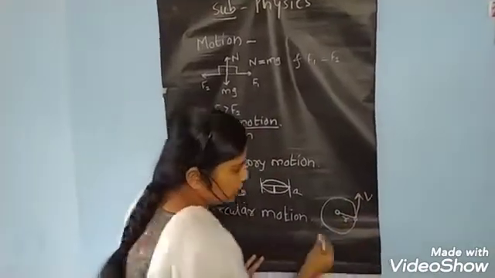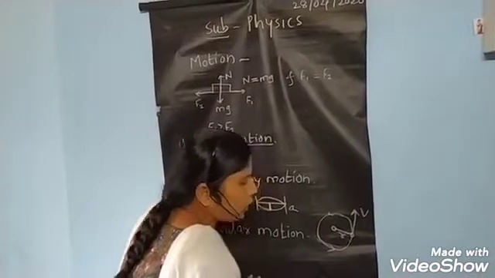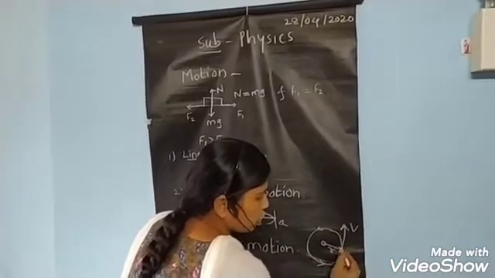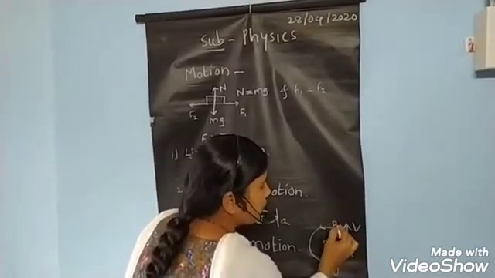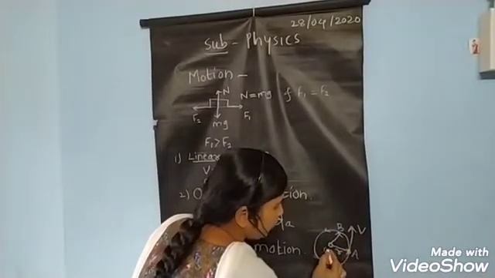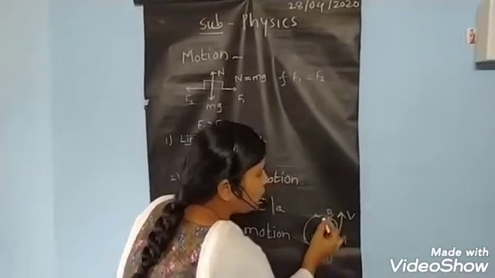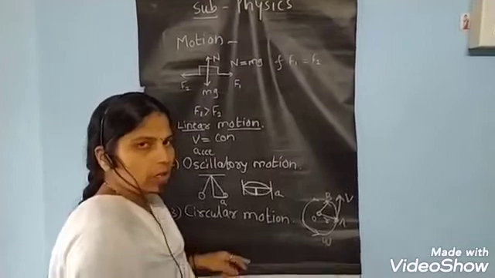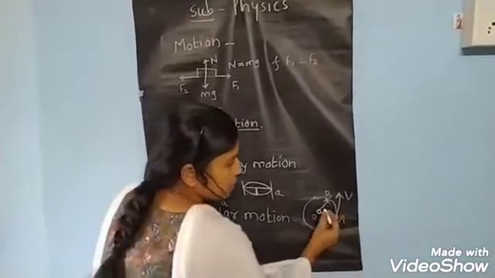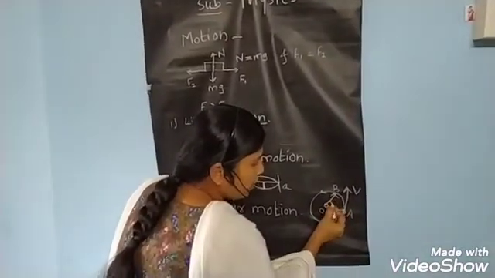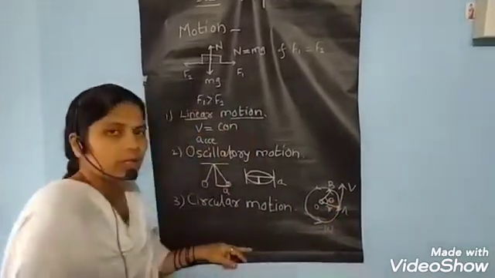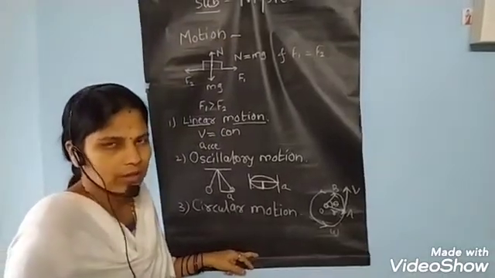V is the linear velocity, and it is moving in the anti-clockwise direction with angular velocity omega. It moves from position A to position B. We consider the center as O; OA and OB are the position vectors along the radius, so these are also called radius vectors. The angle made by these two vectors at the center is given by theta. This theta is nothing but the angular displacement.